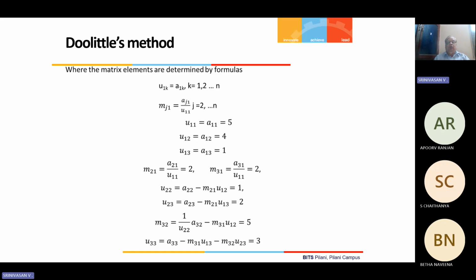U11. What is U11? A11, with K equal to 1. What is A11 from the matrix? 5. We don't need to go back, it's given in the matrix: 5. What is U12? U12 is A12. Isn't it? What is A12? It is 4. U13 is A13, which is 1. That is 5, 4, 1. Just see, U11, U12, U13